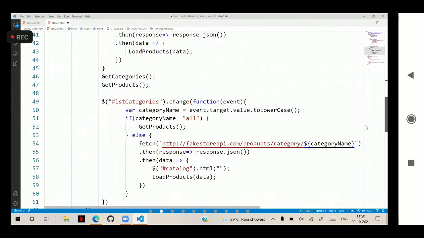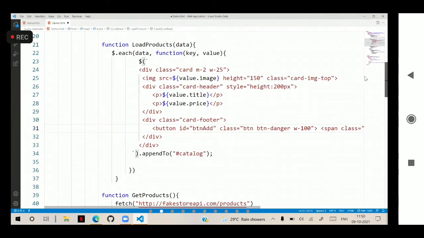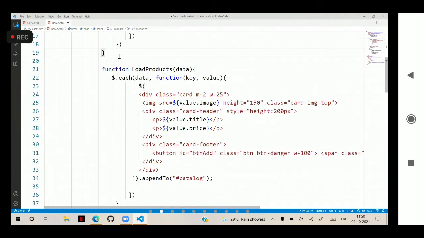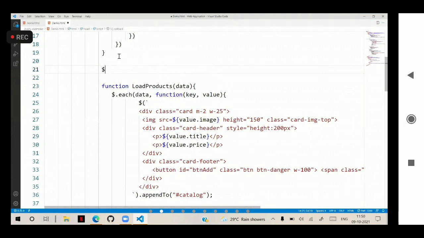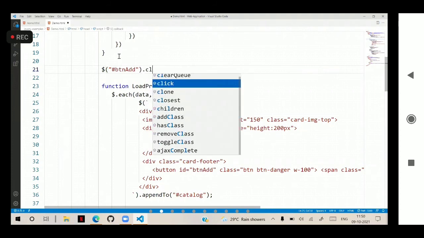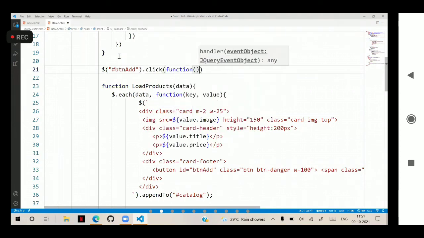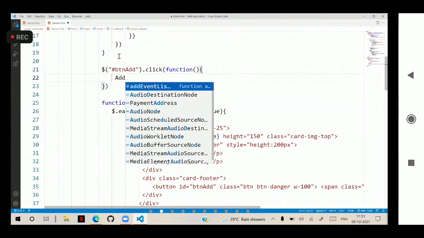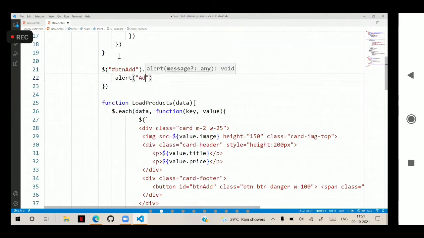Below somewhere, btnAdd, here itself I will write. So function: here we access $('#btnAdd').click, a callback function. I am writing alert simply "add clicked". Try accessing and see. I will save this, and the reference is correct.